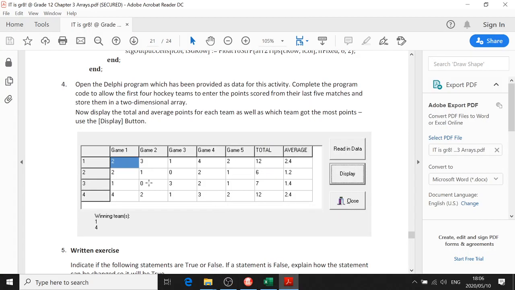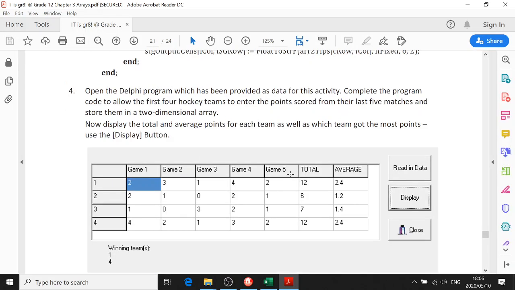Okay, good morning, grade 12. We are going to do this activity here in your textbook on page 85. And this is the electronic textbook right here. What we're going to do is